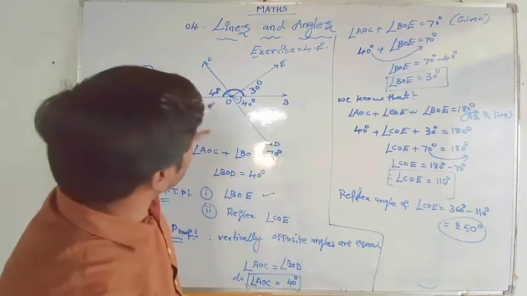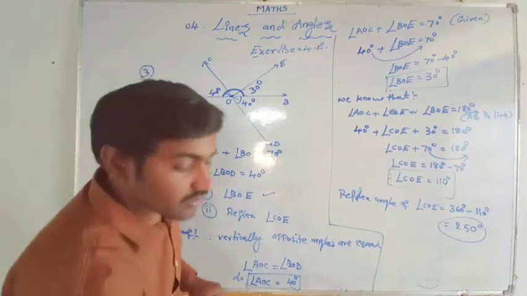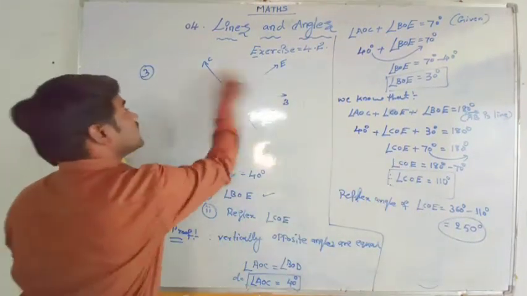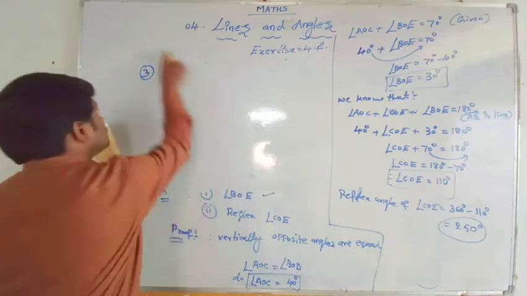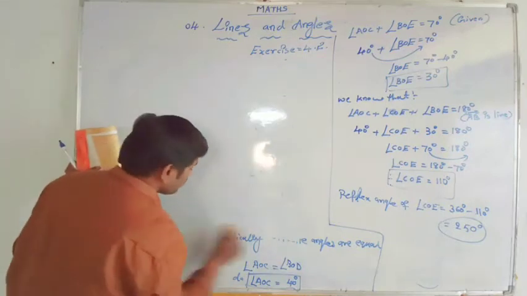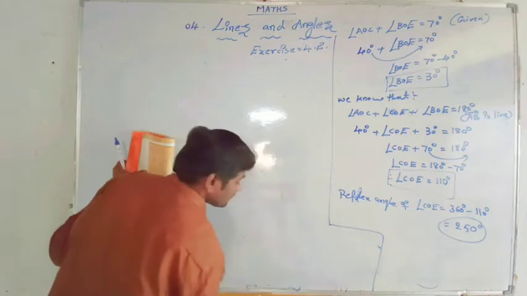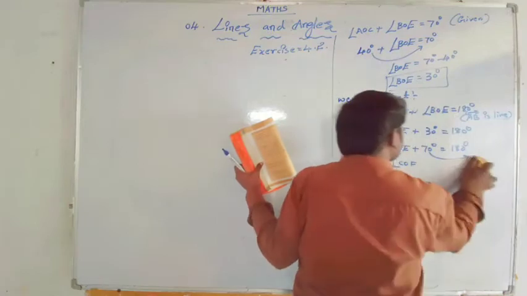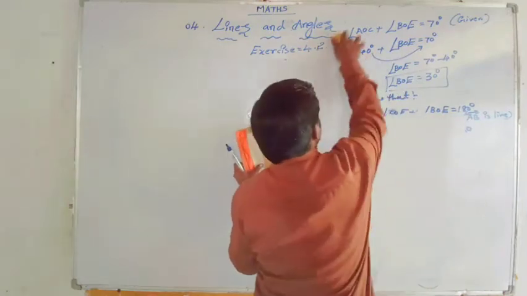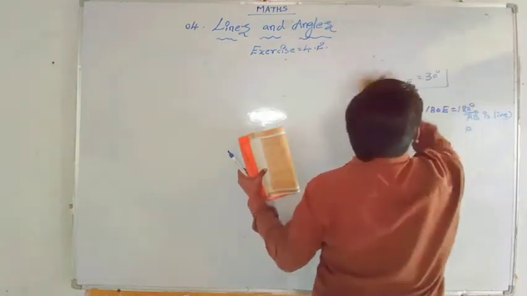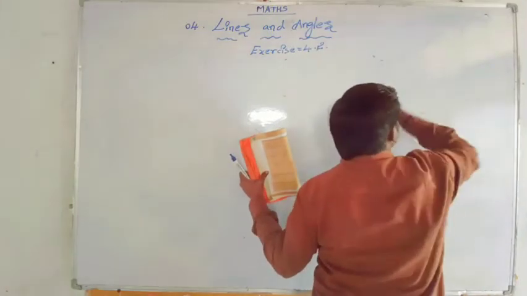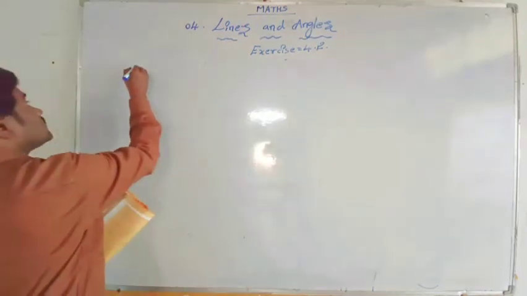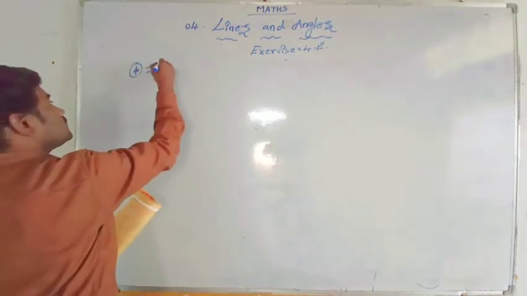So I hope you understood how we have done that completely. Step by step, if you understand and do it, it's very easy to complete our problems. There is only a logic, that's it. If you have complete fundamentals about lines and angles, that means a complete introduction about lines and angles, then you can do all this without any problem, with the basic information only. Then question number 4, solutions.